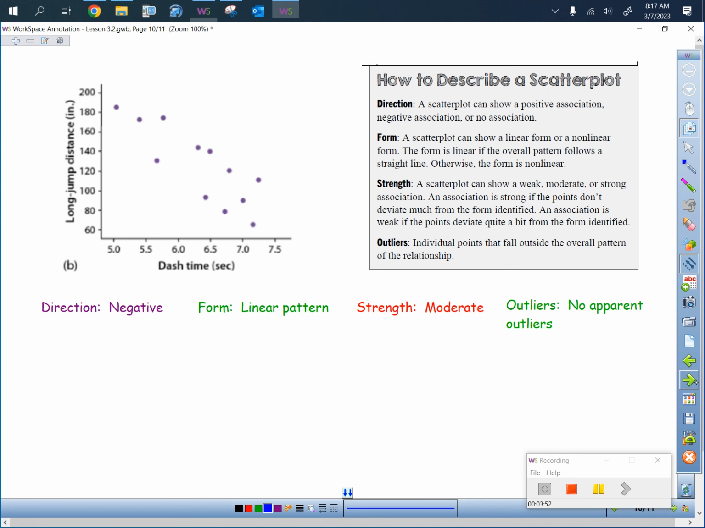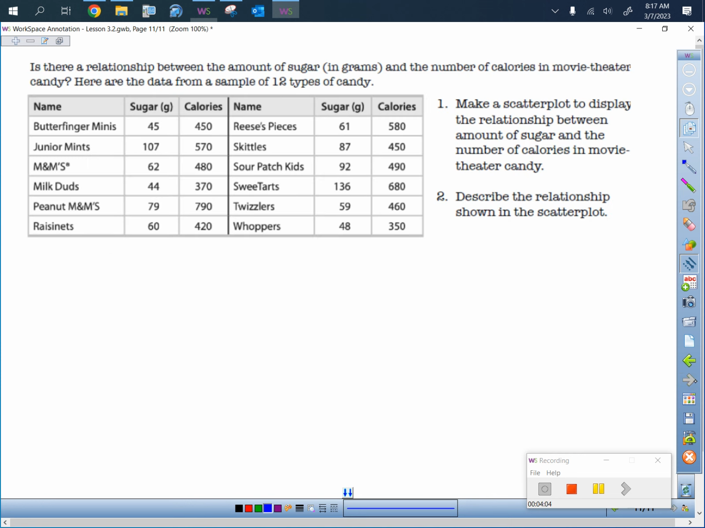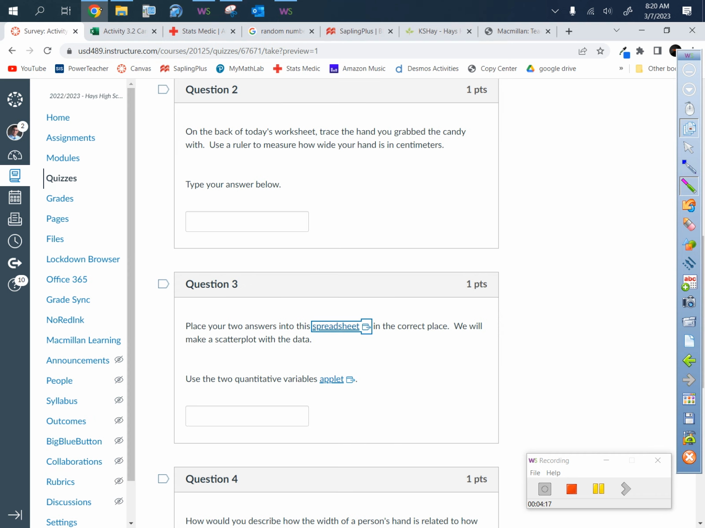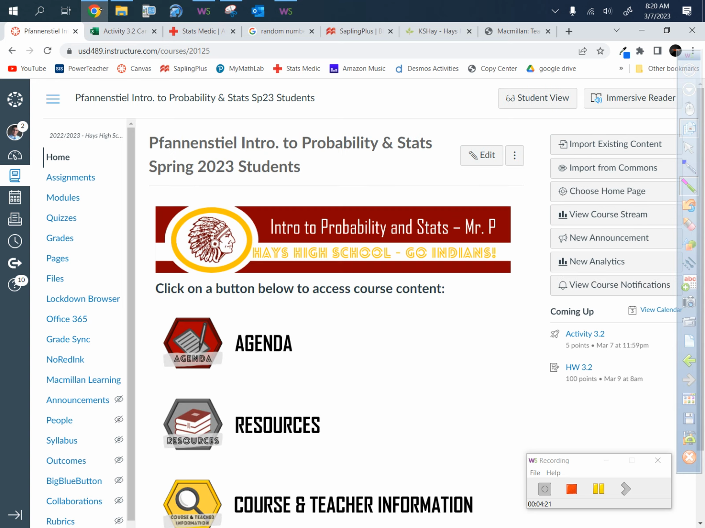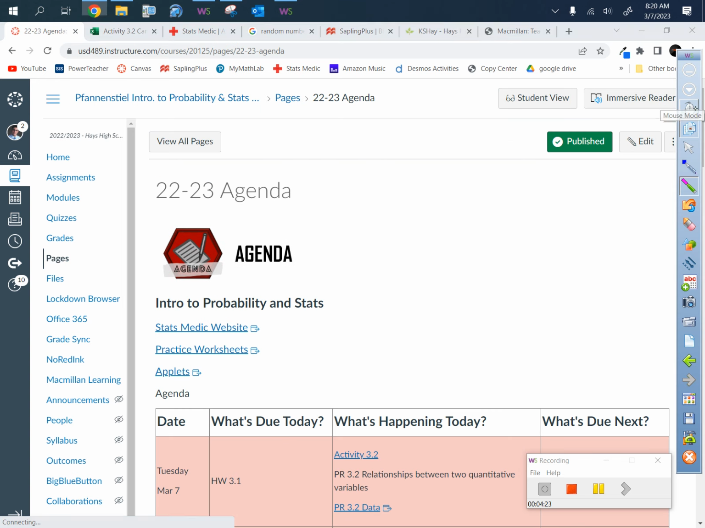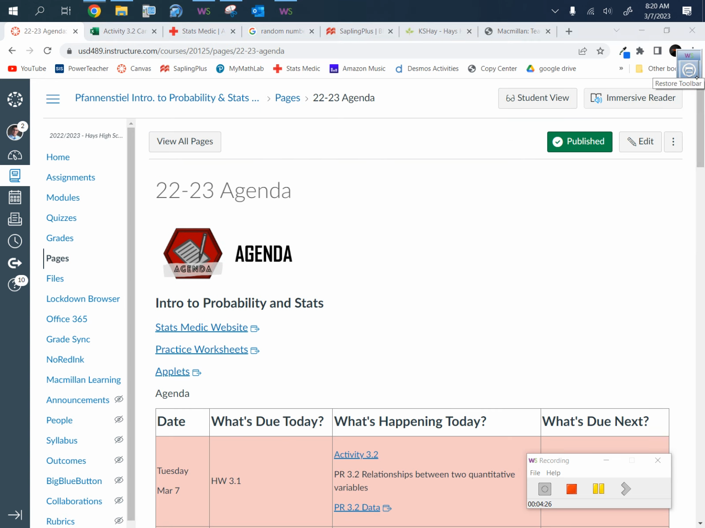And then the last one, they just wanted us to make one. We did one in the activity anyway. They say, is there a relationship between the amount of sugar in grams and the number of calories in movie theater candy? Here's the data. If you go to Canvas on the agenda, you will see that I have the data for us. I want to show you also, not only do I have our activity data here